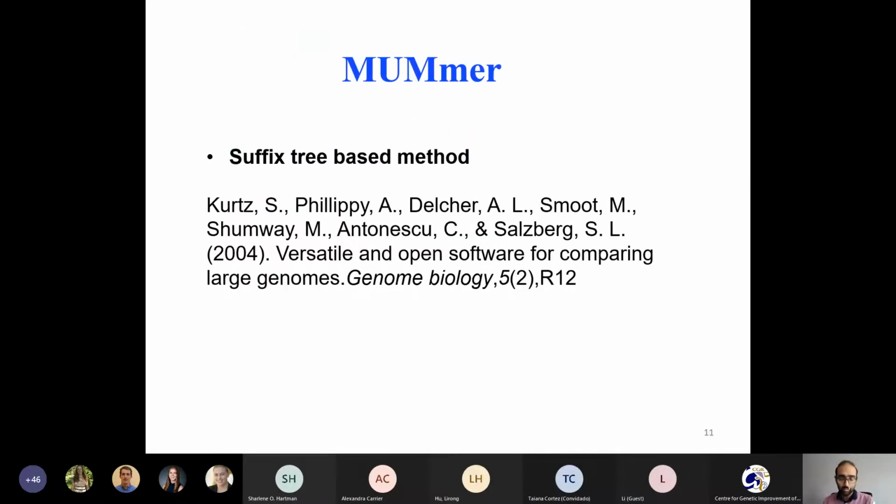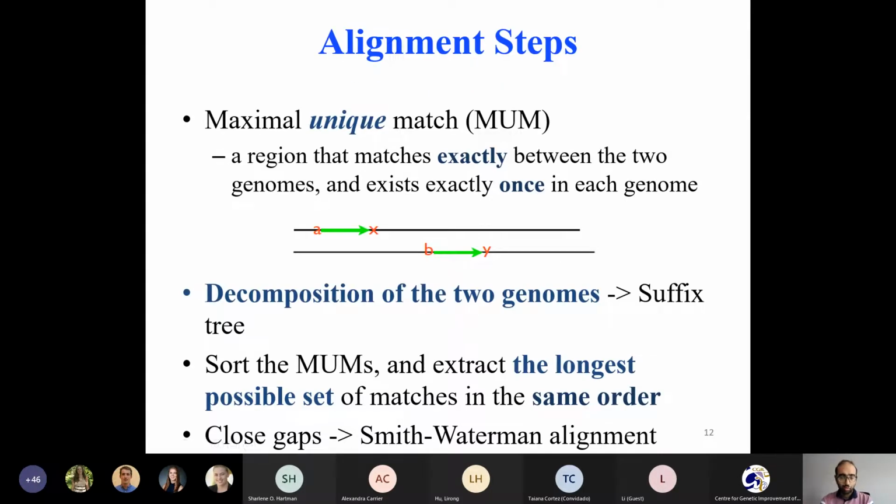our research. The first algorithm that we're going to talk about using the suffix tree-based method is MUMmer, and version 1 was implemented in 2004. The MUMmer algorithm tries to detect maximal unique matches between two genomes. So as you can see here, the algorithm can detect if we have two regions which have the maximal unique match between the two genomes. So we may have other regions, but their score or their match is less than these two elements that we have here. And to detect this